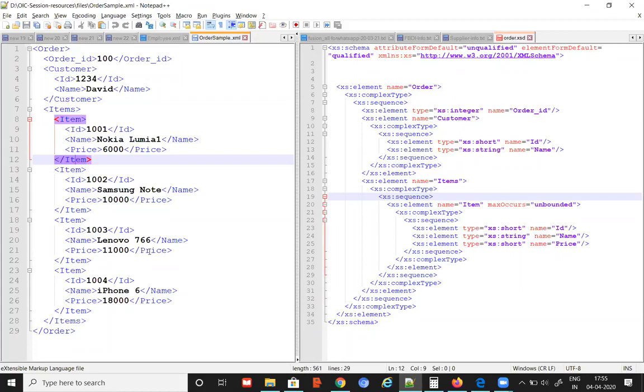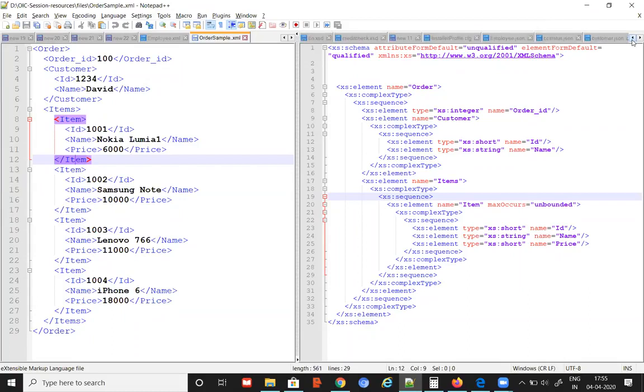Or if your platform already has a feature for generating XSDs, then you are good. You can just write XML and pass it. We'll see what that is. Don't think too much about how you're going to pass the XML to the platform. That will be taken care of anyway. So just think within the precise scope now: XML, XSD, that much. And then we'll come to know the application of this going forward.